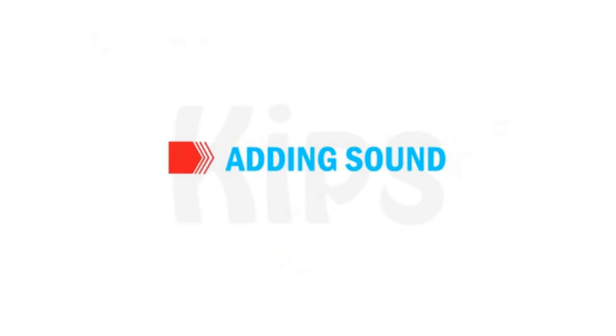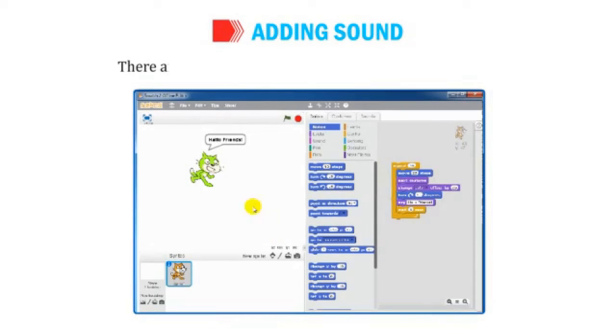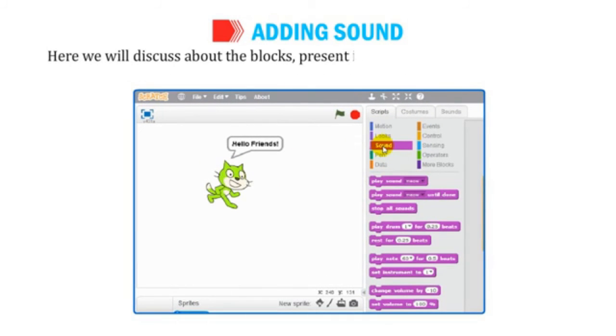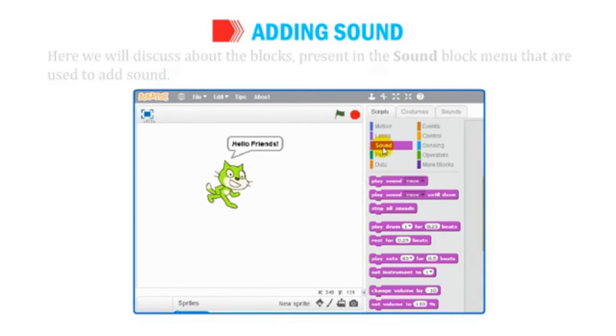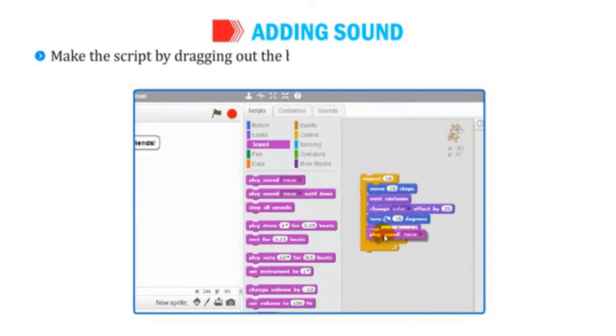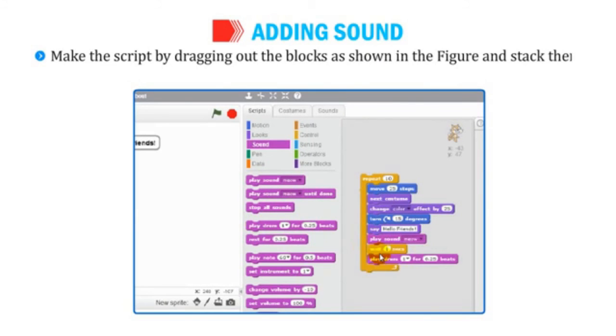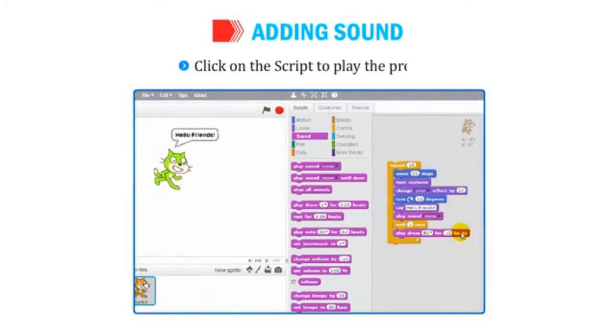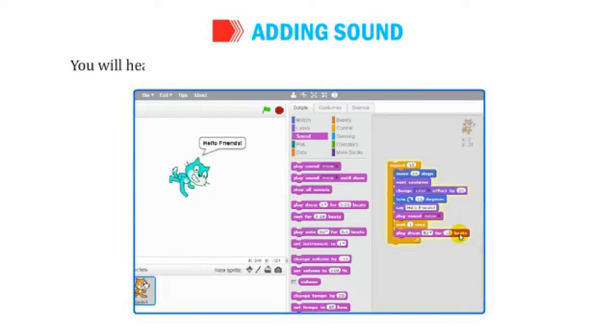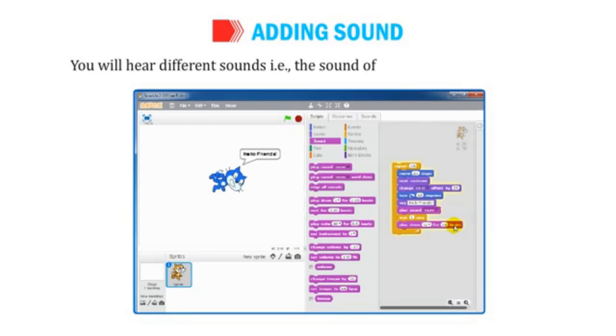Okay students, let us find out how to add sound in Scratch. There are many ways to add sound to your Scratch project. Here we will discuss the blocks present in the Sound block menu that are used to add sound. Make the script by dragging out the blocks as shown in the figure and stack them on top of each other. Click on the script to play the project. You will hear different sounds, that is, the sound of a cat, meow, drum beats,